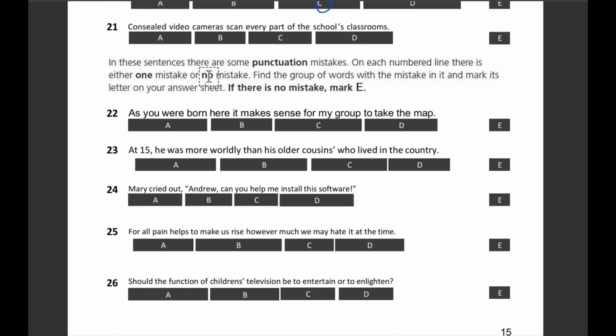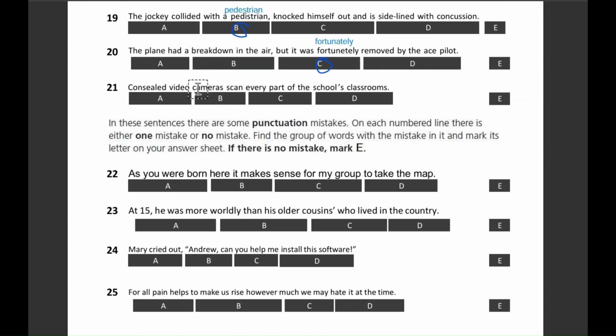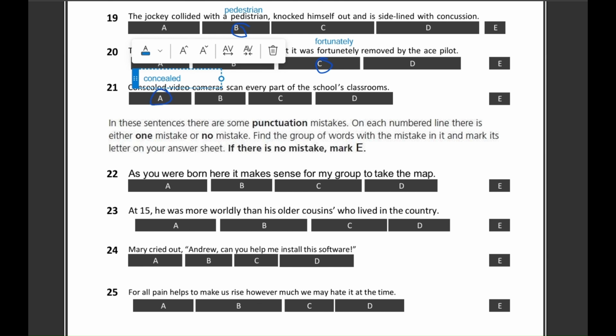Next is question 21. The sentence is, concealed video cameras scan every part of the school's classrooms. The answer is option A, because concealed is misspelled. It should be spelled concealed, C-O-N-C-E-A-L-E-D. We need a C instead of an S. Now for question 22. The sentence is, as you were born here, it makes sense for my group to take